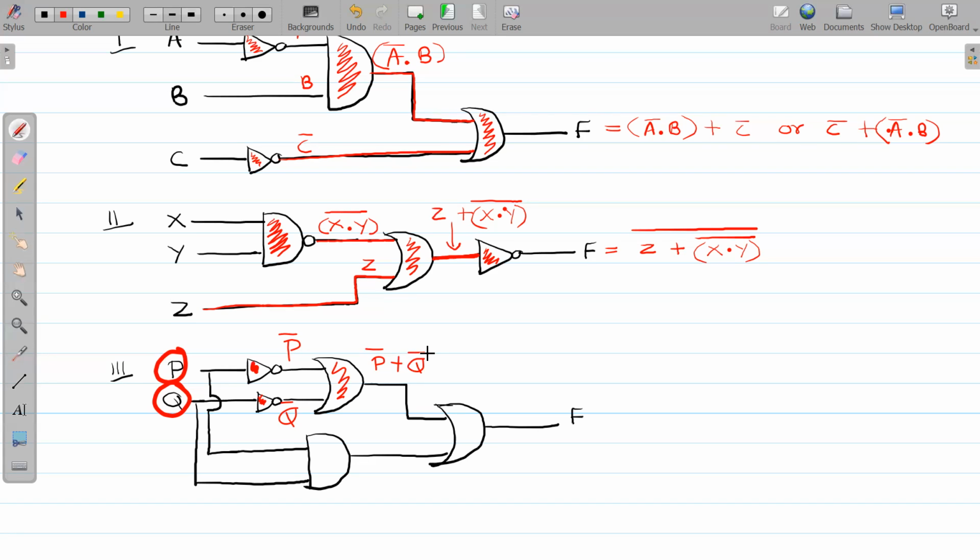right? And it's better you have some brackets, right? And look at this. This line takes P, the same P, because it is connected with the P line, right? So this is going to be P, and from here it's going to give Q over here. So this is going to be Q. So this gate, which is an AND gate, is going to give you P dot Q,